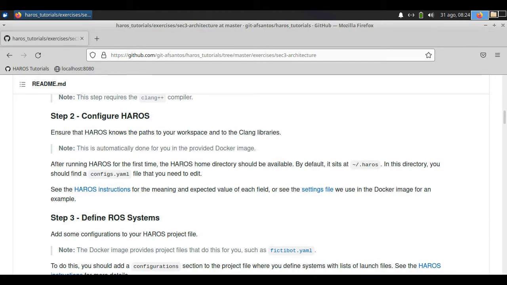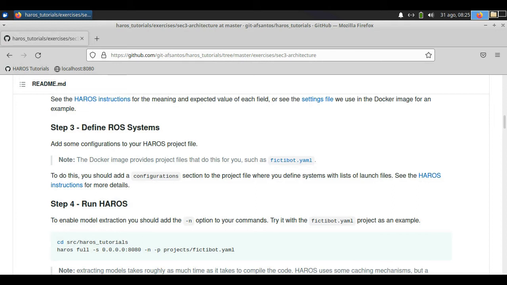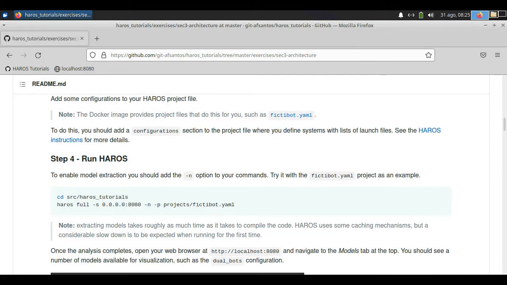Step number 3 is to define the models that we want to extract in the project file that we pass as input to HAROS. Again, this Docker image and this repository already have some example files where this section is pre-populated.